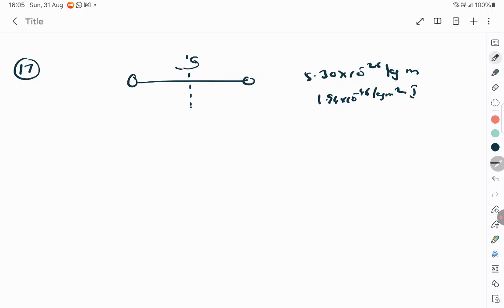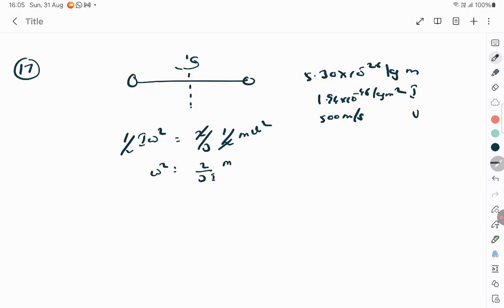The mean speed of the molecule is also given, velocity, which is 500 meter per second, and its kinetic energy of rotation, which is half I omega square, is 2/3 of the kinetic energy of translation. Translation is half mv square. This and this get cancelled, hence the two can go up. You can get a new formula for omega square with a 2/3I and an mv square,